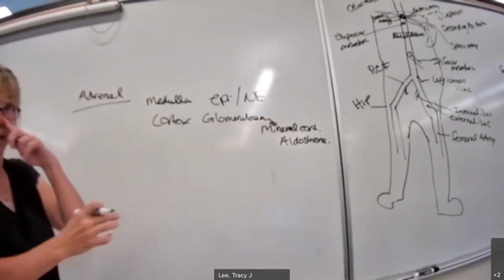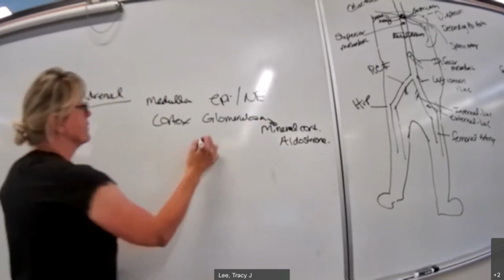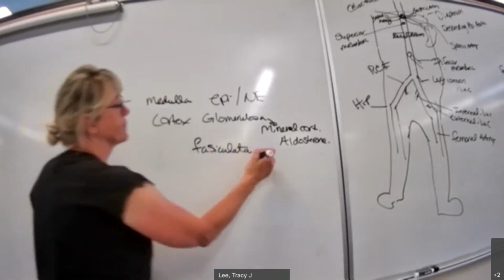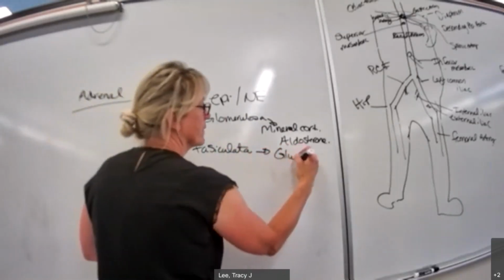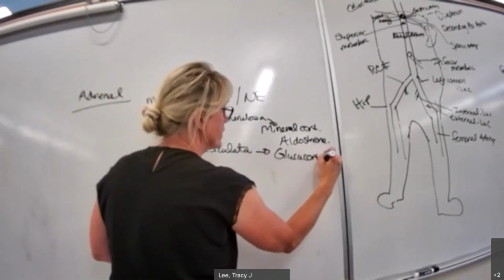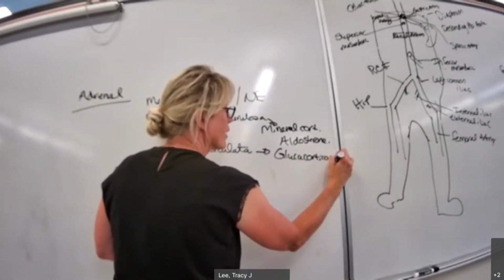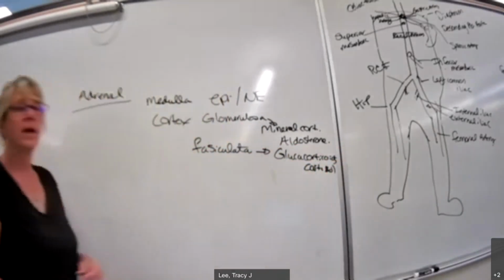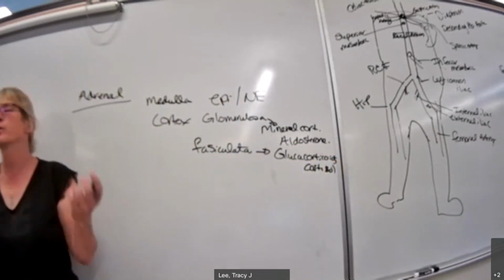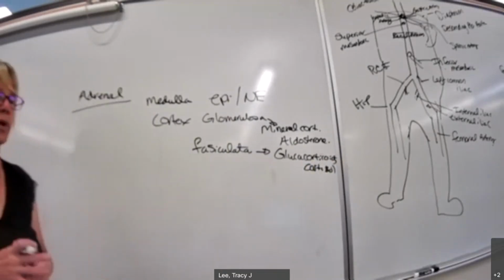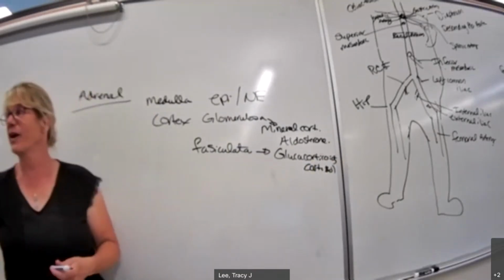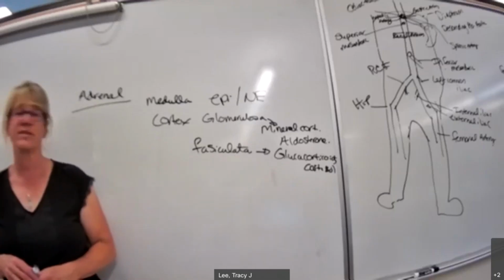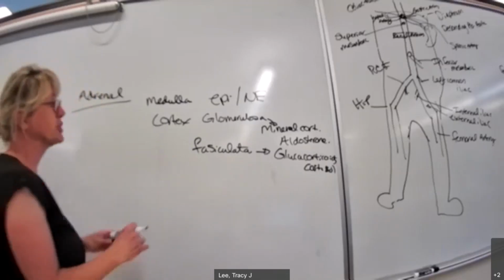That's my mineral corticoids. What's my second layer? Fasciculata. What's it secrete? Yep, glucocorticoids like cortisol. What is cortisol? Helps to manage stress, right? We dump glucose and things like that in stress situations. Your body thinks of it like fight or flight stress. And this is where it's bad, because if we're stressed about stuff that's not fight or flight, your body doesn't